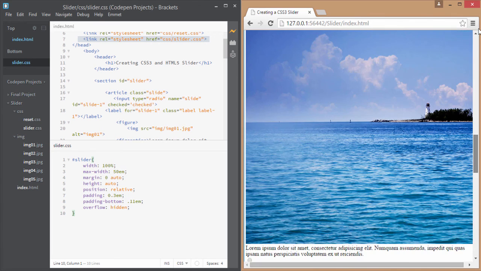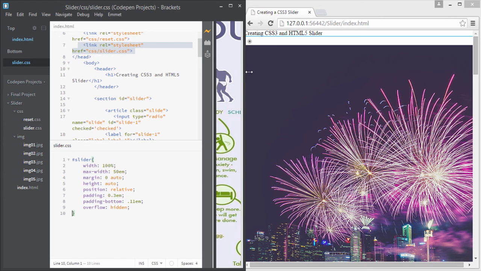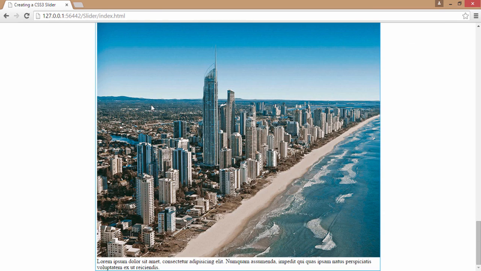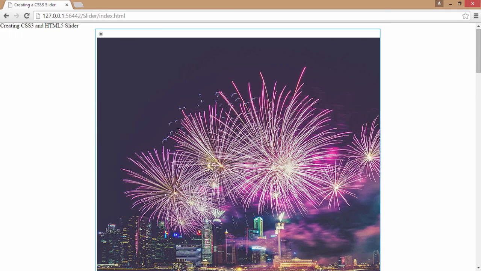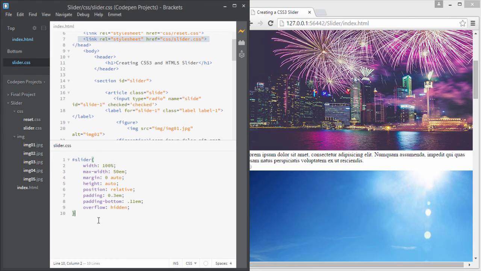Now at this stage our slider looks much nicer than previous. Okay, let's see it on full screen. Full page preview of our slider is here. Now let's come here and target the figure element of our slider. So to target that, I'm going to write slide class, and inside this slide class where we have a figure element, let's target that figure element and give it a width of